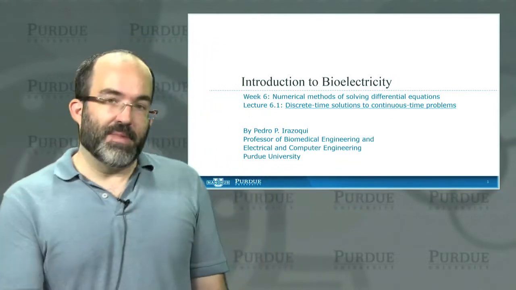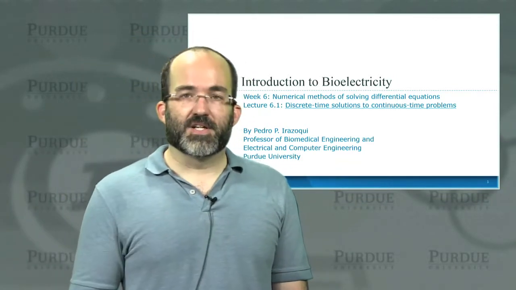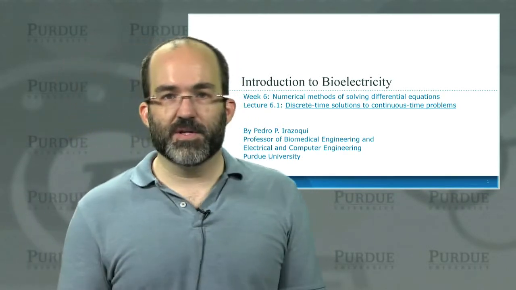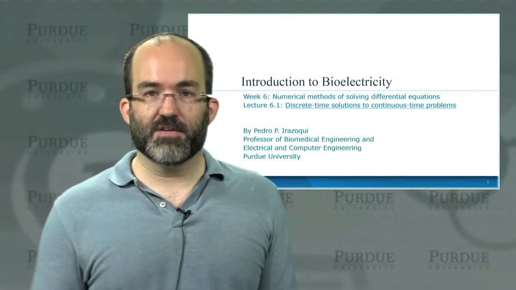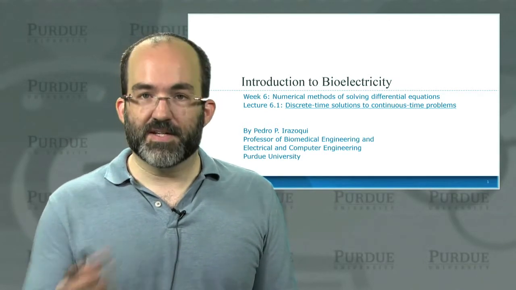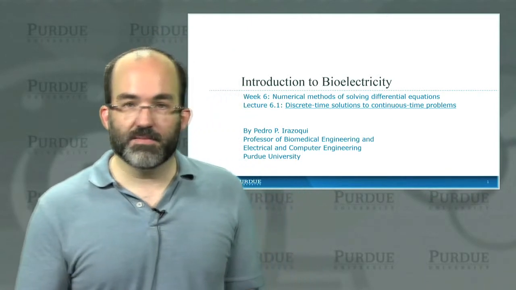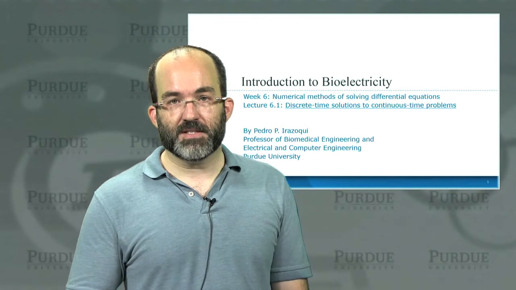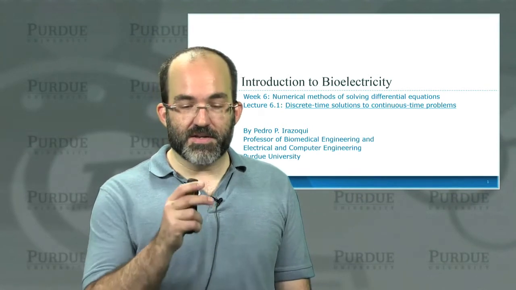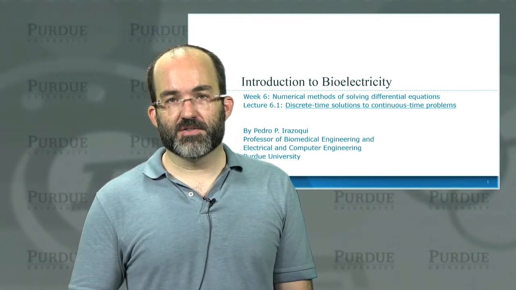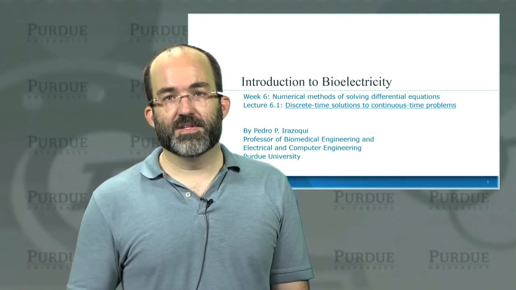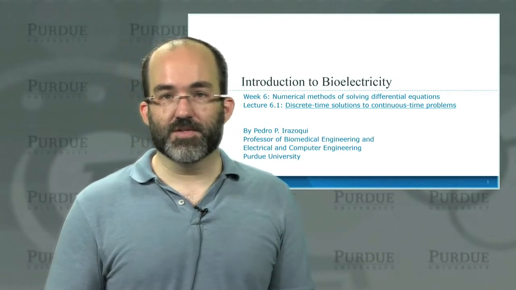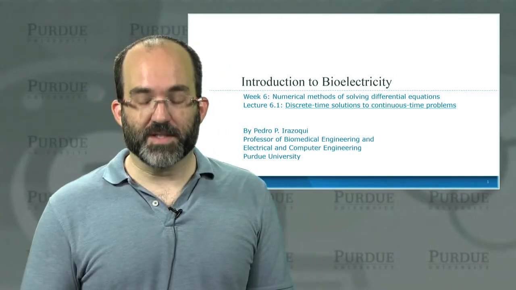What I want to do now is back up a little bit, go back to the Hodgkin-Huxley equation, and talk about how we solve that. In the 4th unit, we talked about how that equation could not be solved analytically, and we left it at that. I mentioned that it could be solved numerically, but didn't say anything more. This week, I want to talk about what it means to solve an equation numerically, and go through various different ways of solving differential equations numerically. And by the end of this unit, you'll be able to write your own code to solve the Hodgkin-Huxley equation yourself, which will be very rewarding.